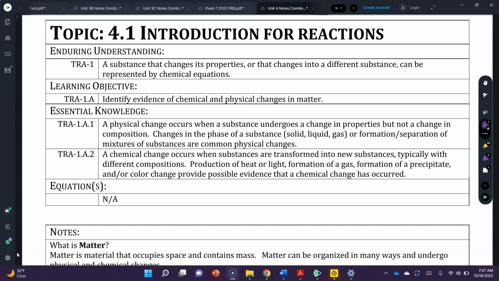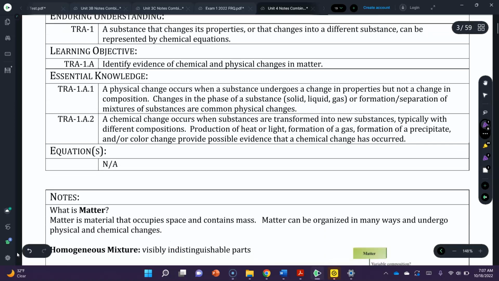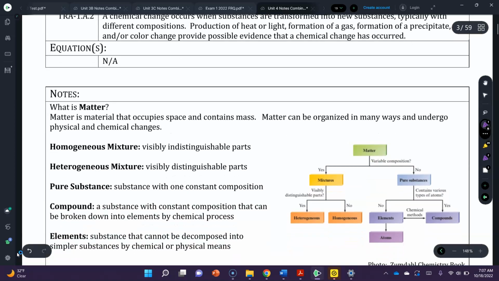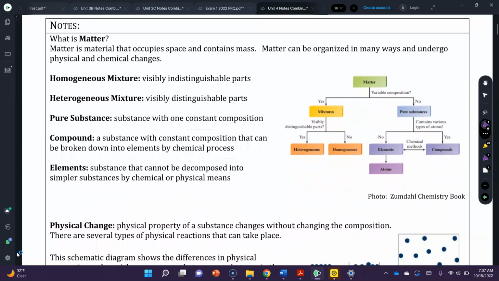Everyone, welcome to topic 4.1, Introduction for Reactions. At the end of this, you should be able to identify evidence of the chemical and physical changes in matter. You should understand that matter is material that occupies space and contains mass, so it has volume and mass, and it can be organized in many ways and undergo